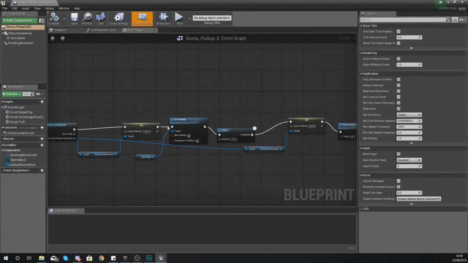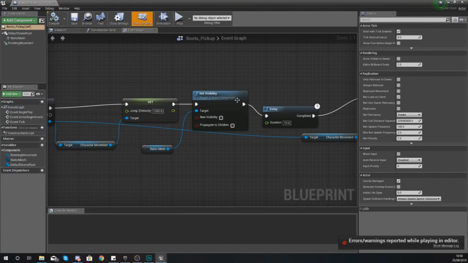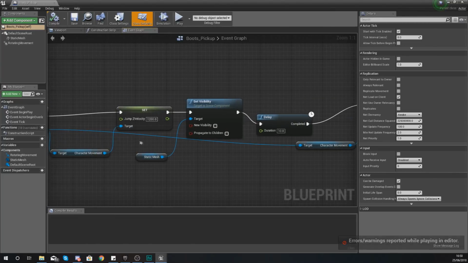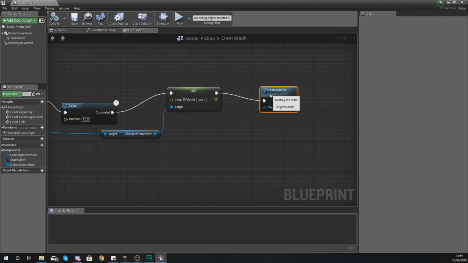So I'm going to open up my boots pickup and figure out exactly what's going on. So, set visibility. So what we're doing, jump velocity, set it to 1200. Set the visibility of the mesh to untrue. Delay of 10 seconds. After that, we're setting the jump Z velocity back to 0. What I am going to do